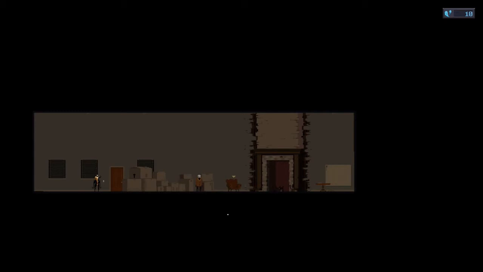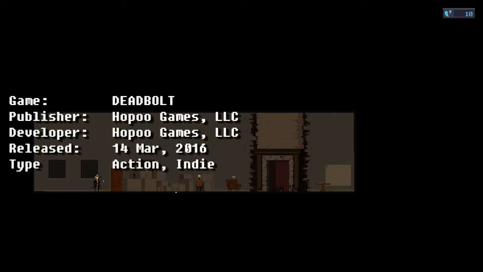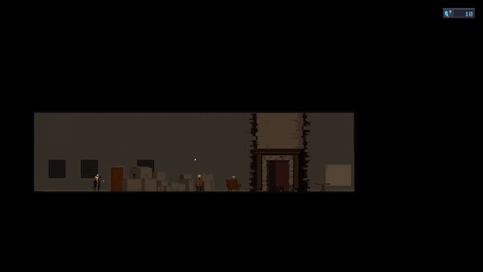And this is Deadbolt, in which you play the role of Death, the Grim Reaper. It is a mission-based, side-scrolling action game with some stealth and puzzle elements. And when I say puzzle elements, I mean that there are multiple solutions for a level, and